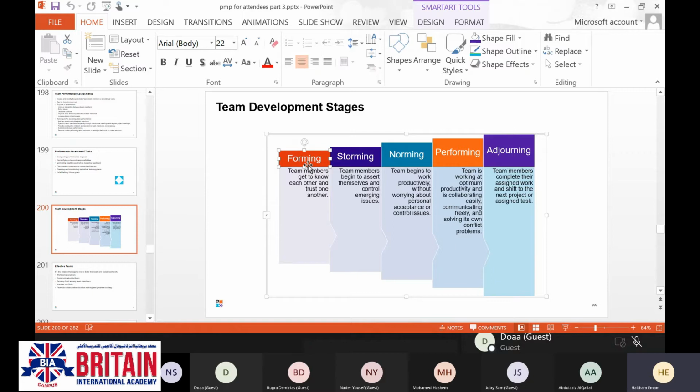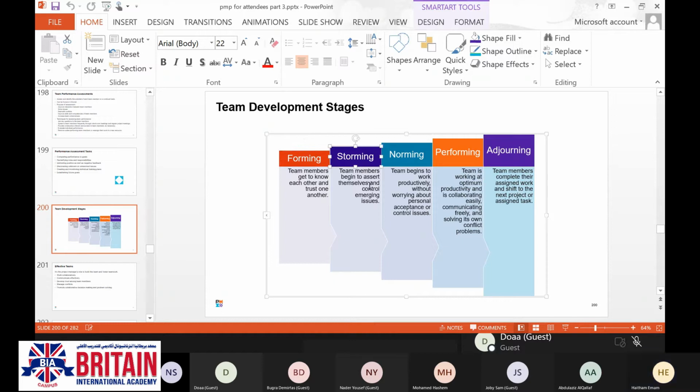So forming is the first step in forming the team. Each and every one is coming with a different background, and there will be somehow certain resistance against each other.